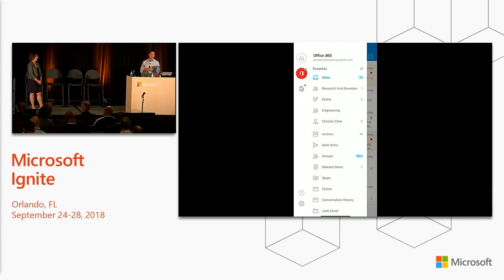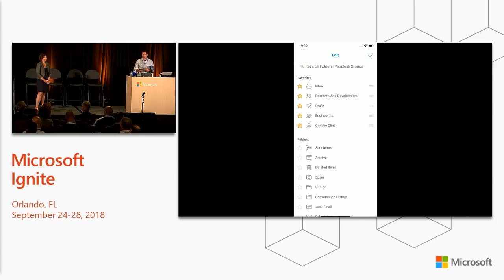And in fact, you've probably already seen in the latest Outlook public builds, we allow you to favorite folders and groups. And so people are the next thing coming. And so you'll see here in this experience, I've already favorited Christine. But if I tap on the pencil, part of the experience that we're going to ship soon is I can also edit my favorites. And so this is a place where in one place I can go and search for